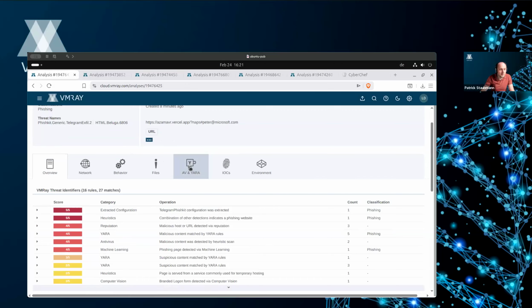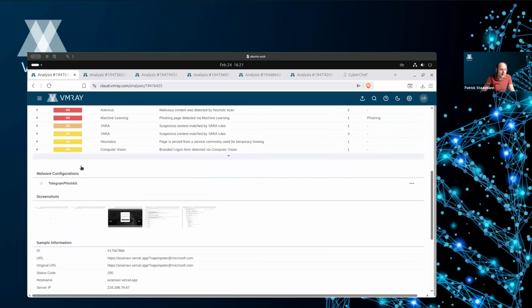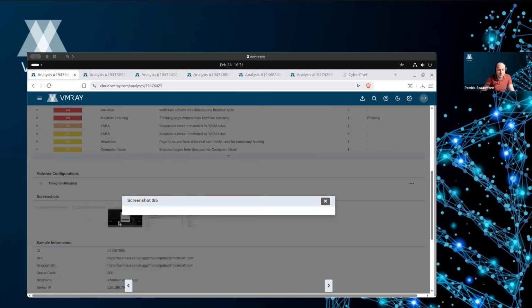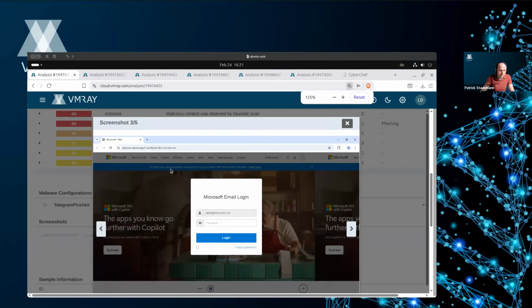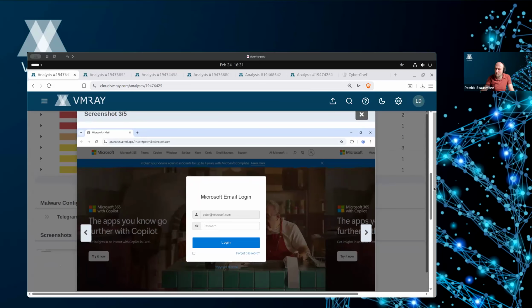So what we see here is basically the analysis report of just a phishing page. We have a proper classification, and a generic threat name we attach to it because we have seen this Telegram exfiltration. If we look through the screenshots here, this page is not, from a quality point of view, up to par with other phishing pages we have seen, but there are just many of them. You see a sort of Microsoft-branded background image.